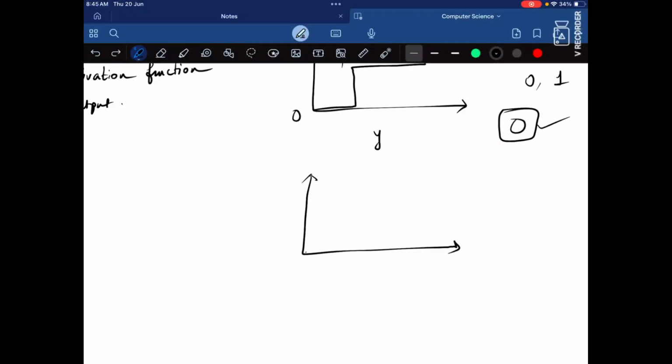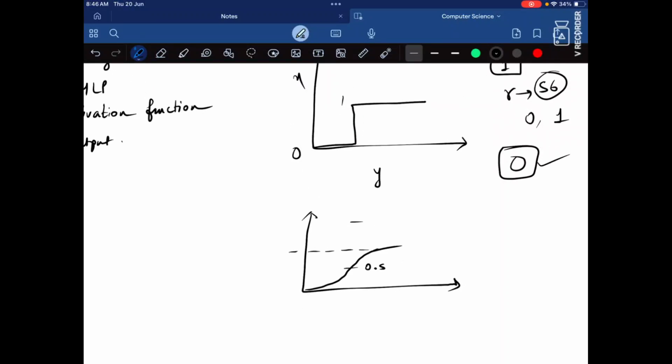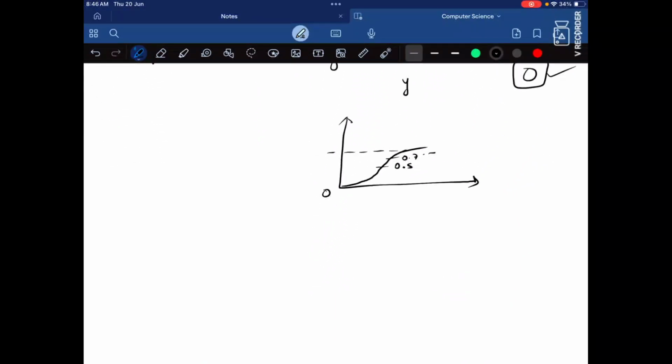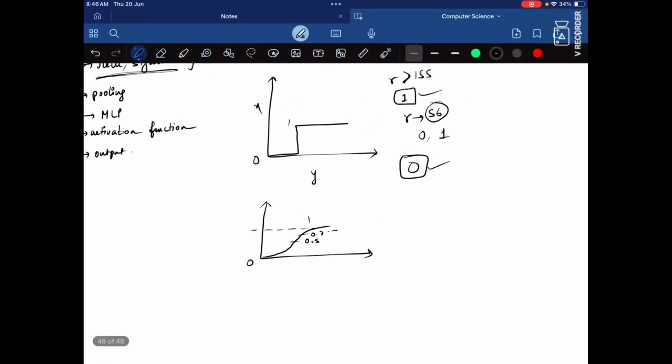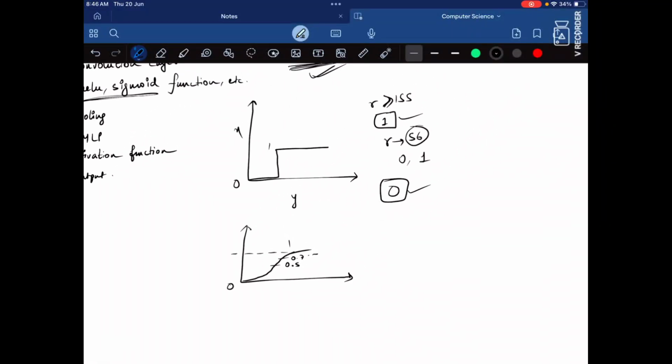It can be like 0.5 here, 0.7, and like this. Any value from 0 to 1 based on the condition. That is, if greater than 155, you should put it to 0.7. If greater than 150, you should put it to 0.6, and so on.